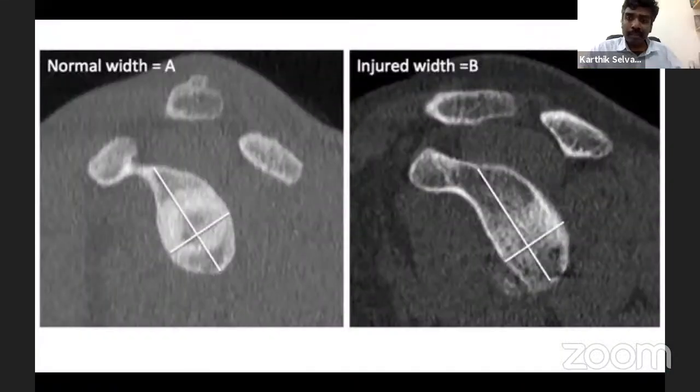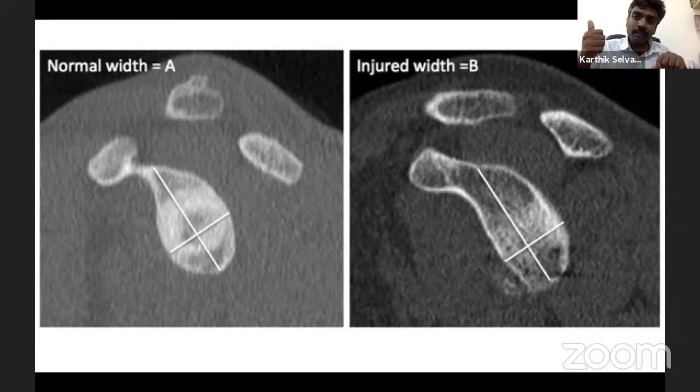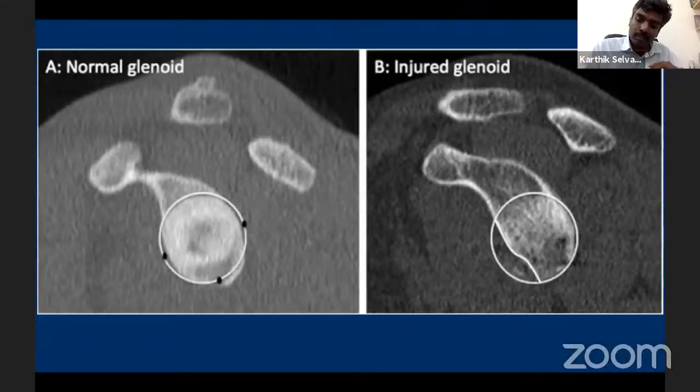So there are several ways, 2 main things. So again, it's a summary, it's going to be a repetition. So 2 different ways of doing it. One is the surface area assessment for the glenoid bone loss. Other is the width assessment. So this is the Griffith index. This is the first index which came. So you draw a line right from the base of the coracoid, a perpendicular line along the center of the coracoid, and then a line perpendicular to that at the maximum width, and then you measure the lost width.